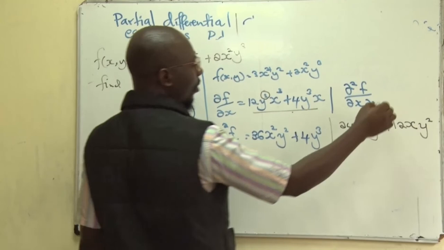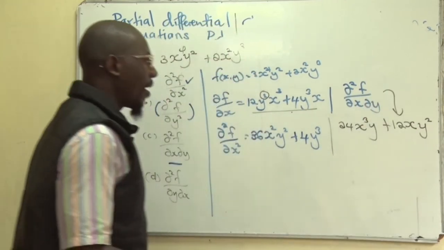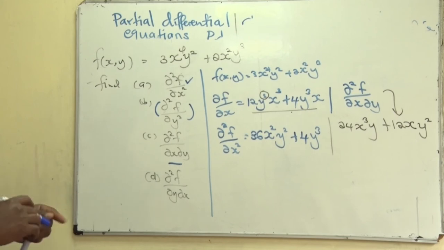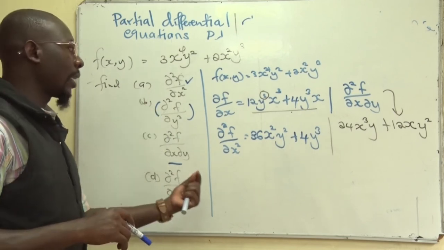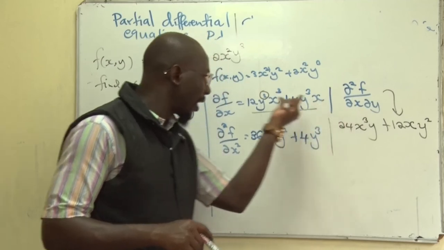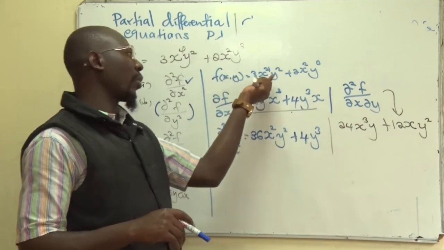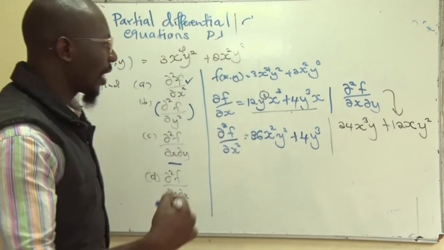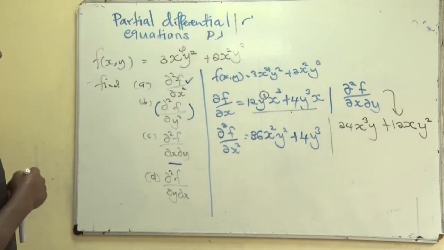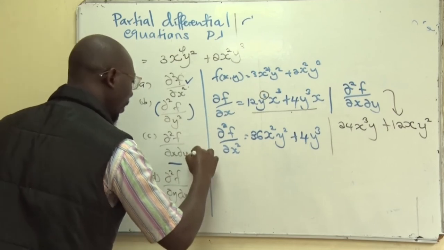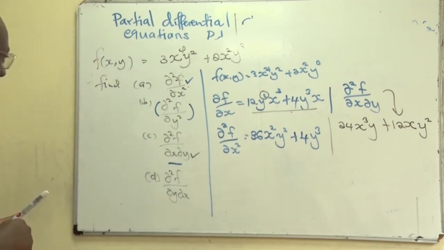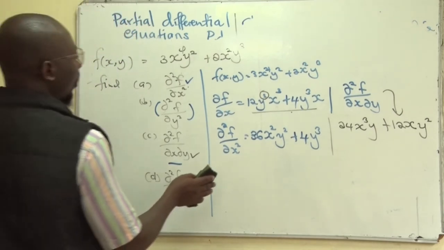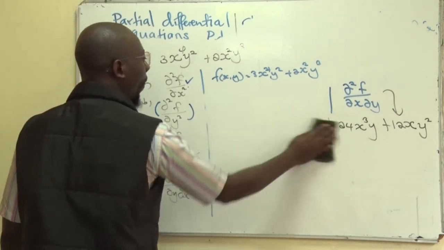So we basically solve d squared f over dx dy. What is very interesting here, you need to know what comes first. If dx comes first, it means that you first differentiate this function with respect to x. Then dy, what you found is what you differentiate further with respect to y. So we've solved A and C. So let's solve B and D at once and see how it comes back.